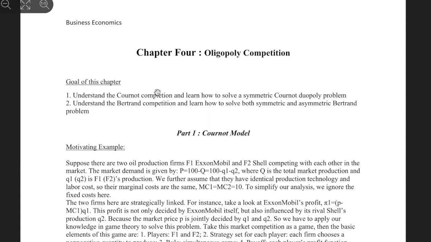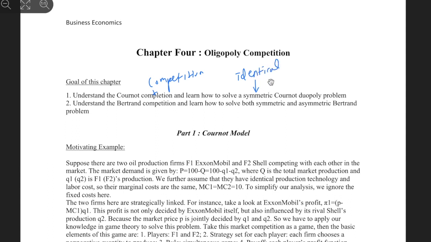and learn how to solve symmetric Cournot duopoly problems. So here we have all the hints about how this game is systemized. We have a symmetric game, so what we're looking at is